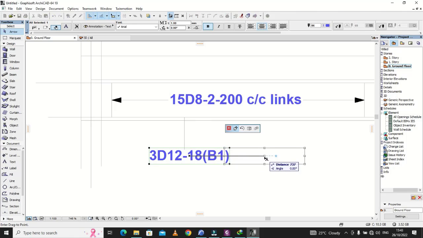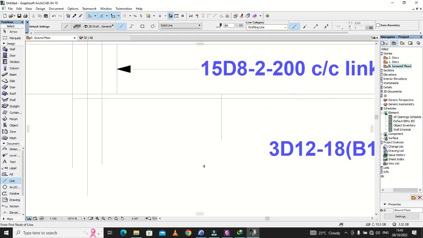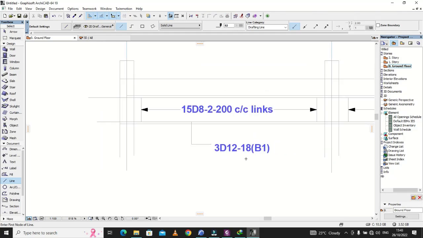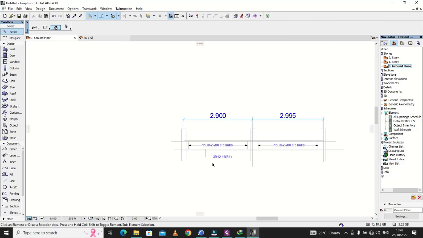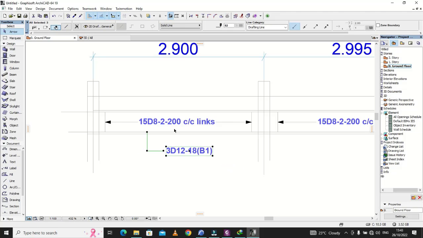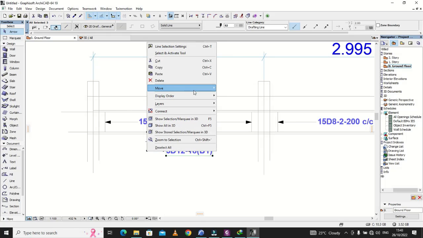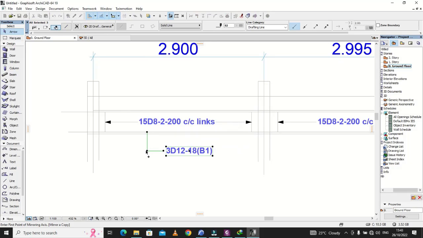Exactly where to cut and where not to cut. So we shall do the same for the bars which are up here. For that I'll just right click, then come here to move, and say mirror copy. So I'll mirror copy in this direction,